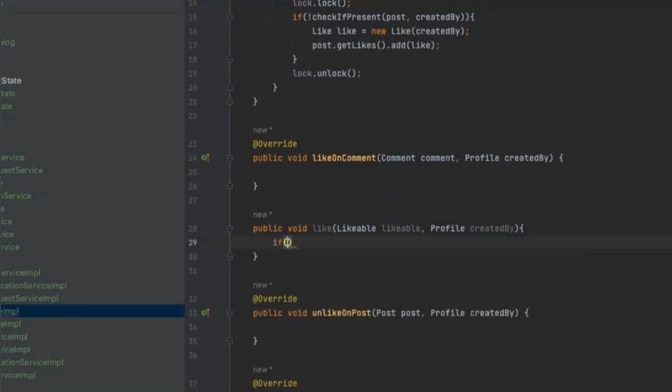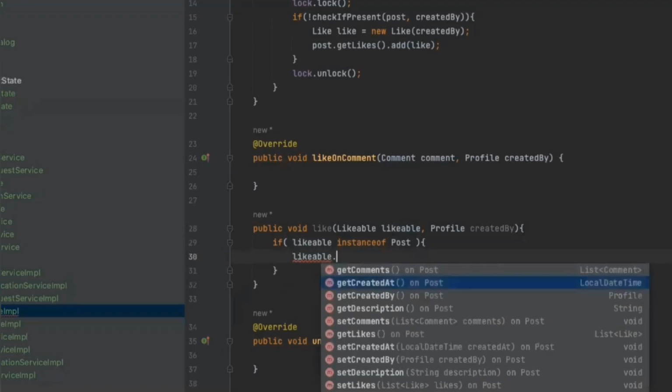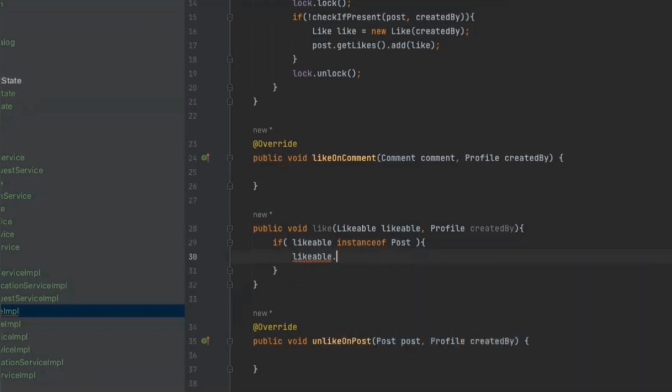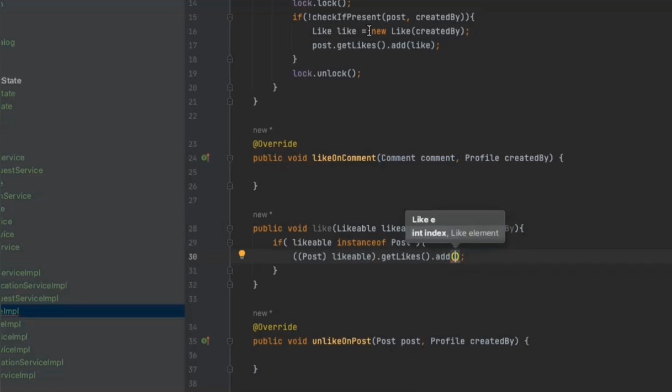If likable is a post, we simply have to do post dot get likes dot add, and this would be the new like. We just simply have to copy it.